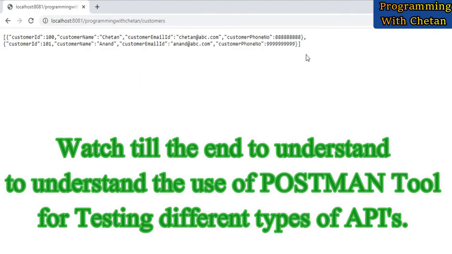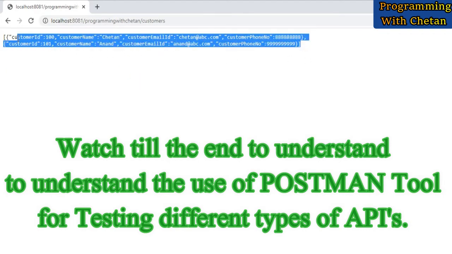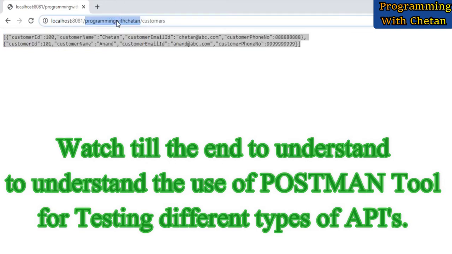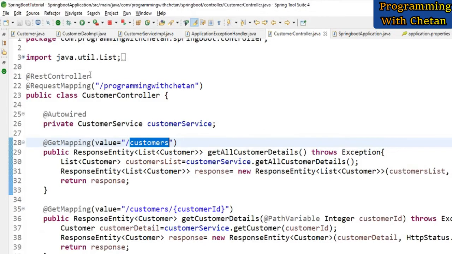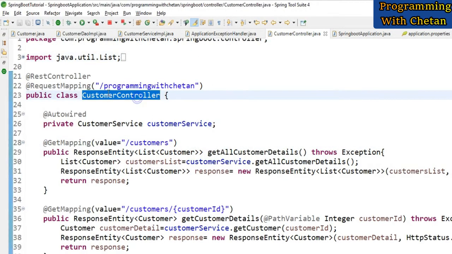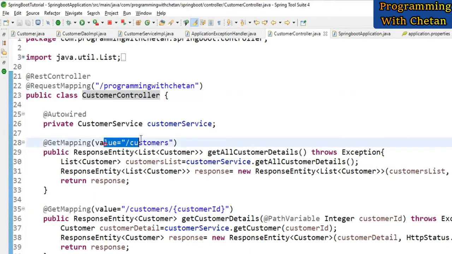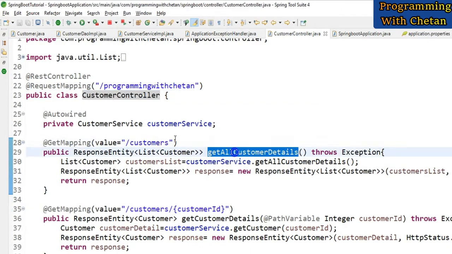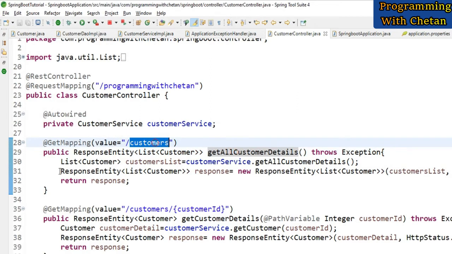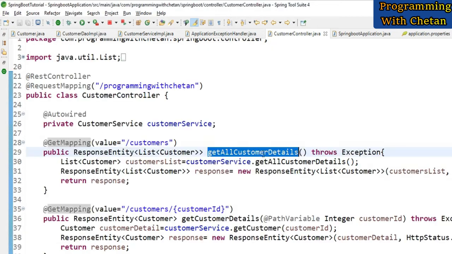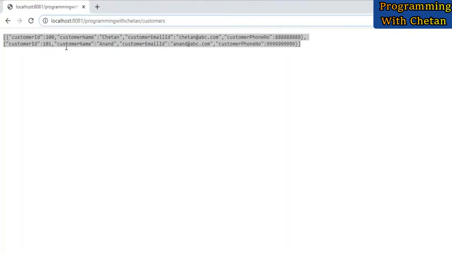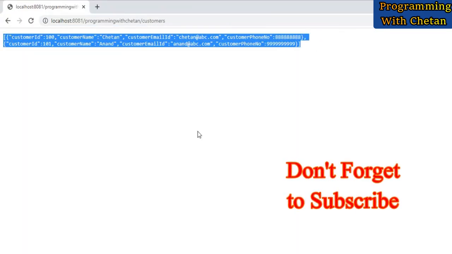So my dear friends, here you can see that we are getting a response from our application. What is actually happening in the background is that first it is looking for this particular mapping in our application. Our request is reaching the customer controller, and then it is trying to find the resource with this particular mapping, that is customers. Here you can see that we have this method and it is mapped with this particular mapping by using the GetMapping annotation. So this particular method is getting called and it is returning the response of the customer list. That is why we are getting this response in our browser.